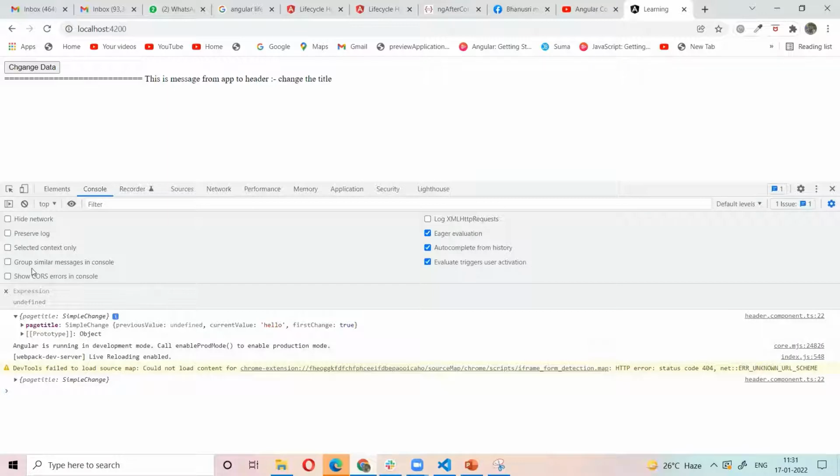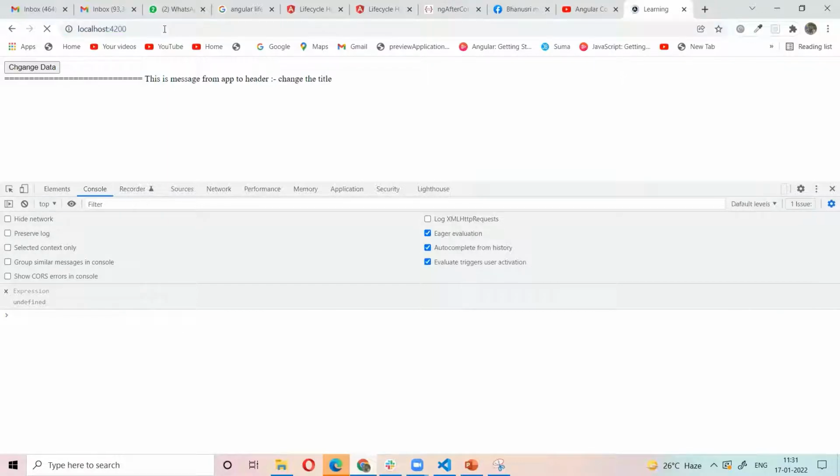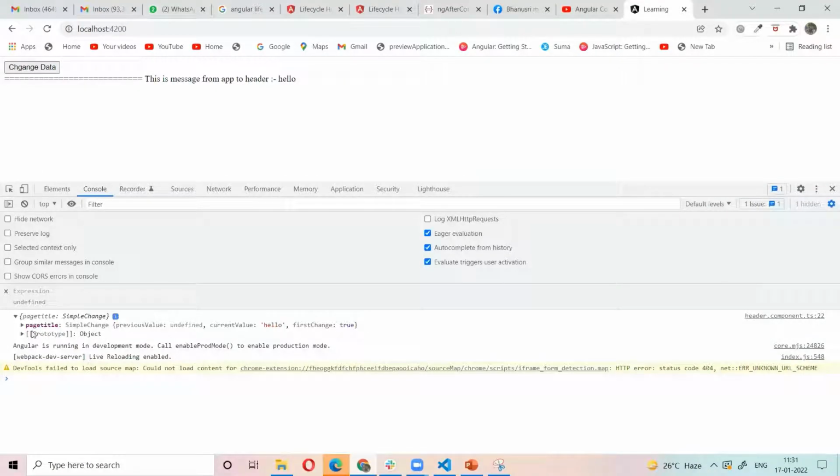When the application loaded, first this method will trigger. This ngOnChanges will check what data we are getting. I am getting this data, page title. When we click the button, automatically this title will change, right? That means again the data is changed.